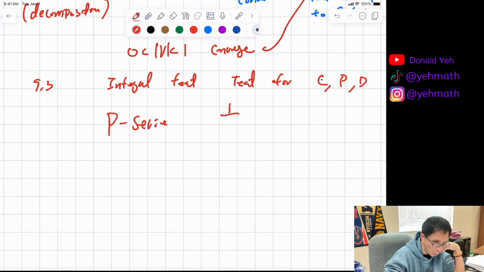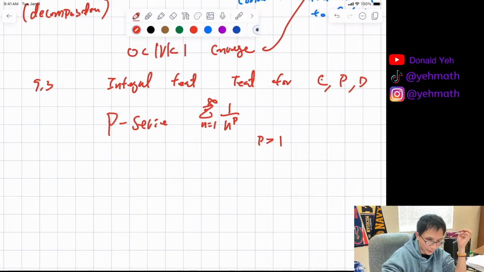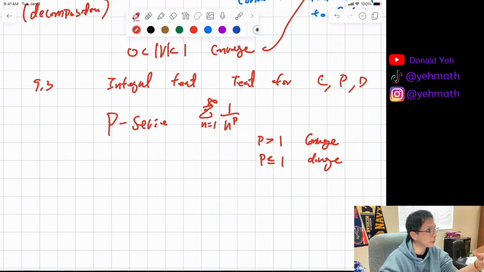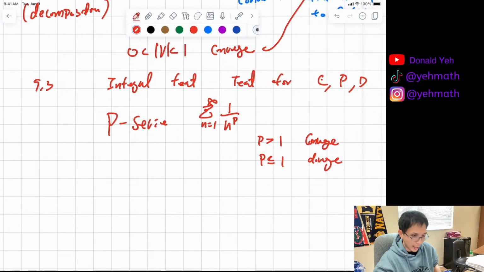So P series is the summation from n equals 1 to infinity of 1 over n to the P. If P is greater than 1, does it converge or diverge? Converge, thank you. Now, P equal to 1 or less than 1 diverges. You can definitely use the integral test to find the sum. It can't be less than 0, right? Yeah, because if it were less than 0, it would flip over to become n to the P on the numerator. So P has to be greater than 0. Then wouldn't it become